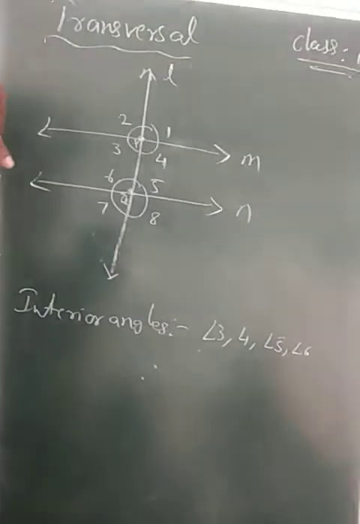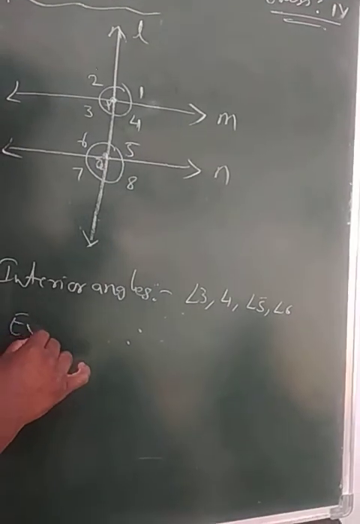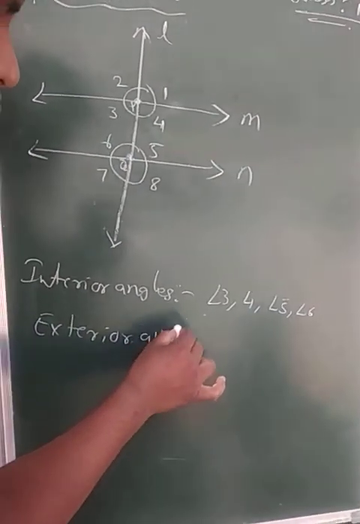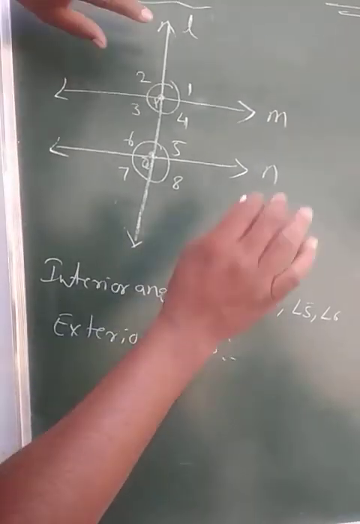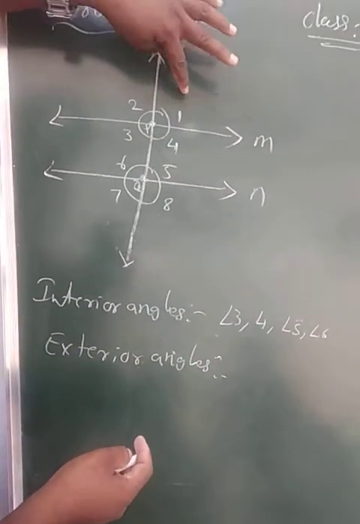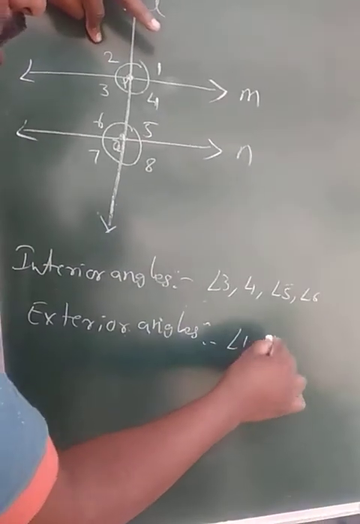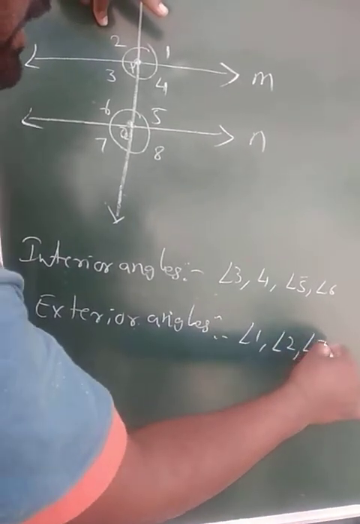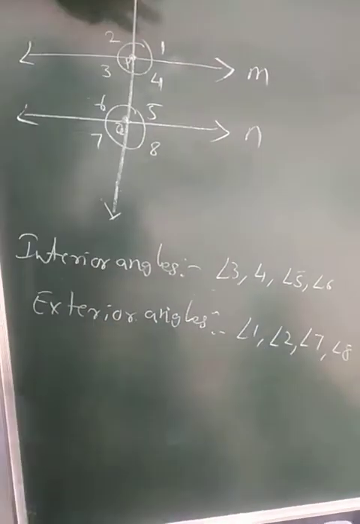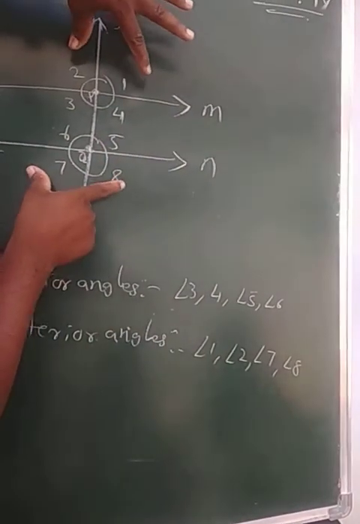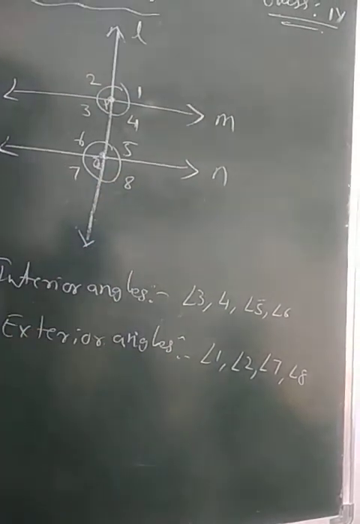Okay, and like that, exterior angles. Exterior angles means what? Outside. What are they? 1, 2, 7, 8. Angle 1, angle 2, angle 7, angle 8. Is it clear, my dears? Interior are these, exterior are these. Okay, next,